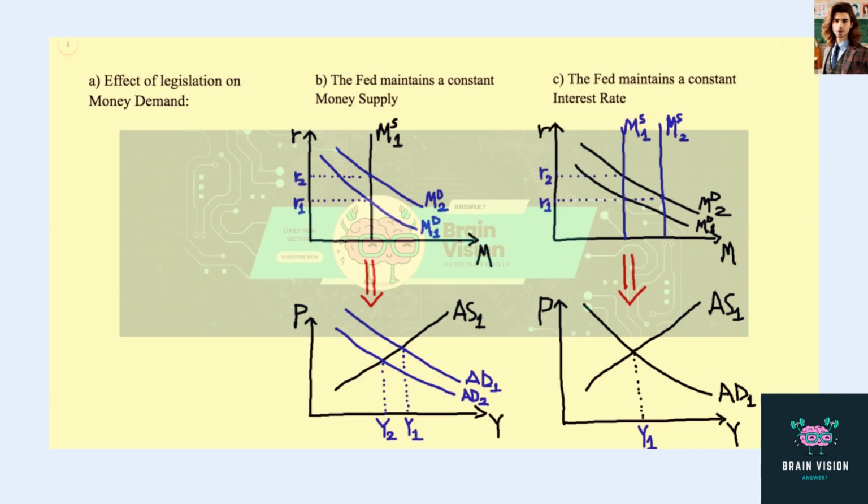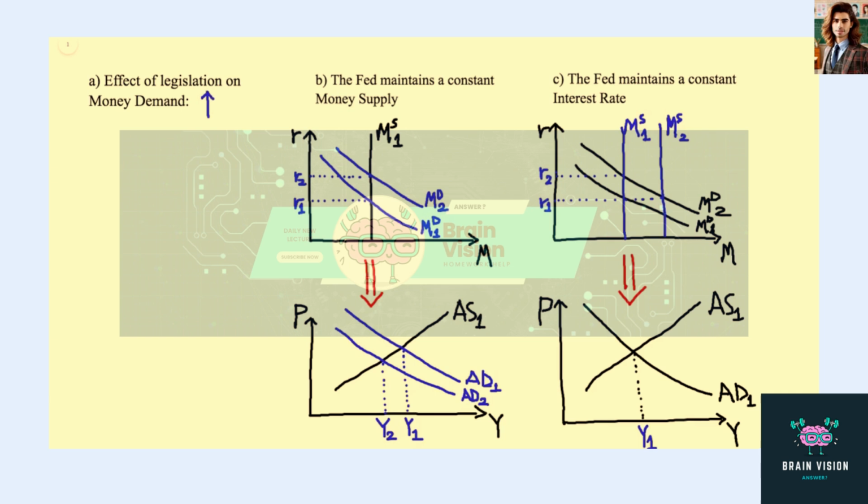Under this new legislation, the interest paid on checking deposits goes from zero into positive territory. And this means that the return to money relative to other financial assets, such as stocks and bonds, increases. Therefore, people would be more willing to increase their money holdings in order to be able to save more and earn some interest. And this, in turn, means that money demand will increase unambiguously.